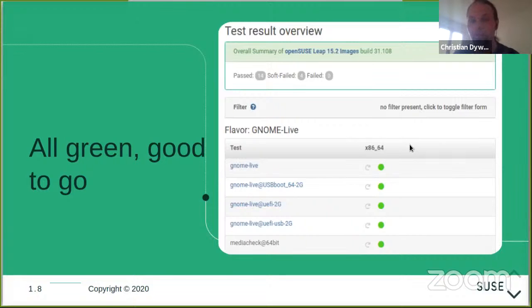You can see the number of passed tests. It has a few soft-failed ones as well. No failures in this case, which means if you look at the list of tests that have been run, you see these little green circles. That is color coding for everything passed, everything looks good, and these are fine. So all great, right?